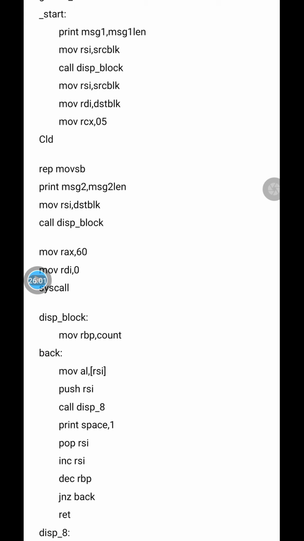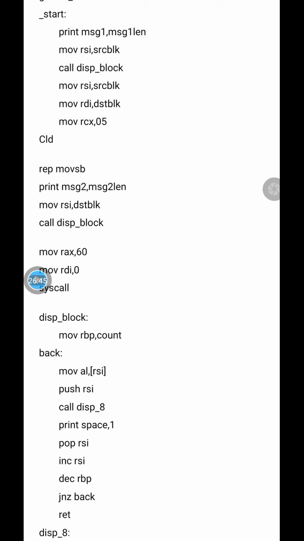And we have to write here the instruction MOVSB. MOVSB is a string instruction, so it will move the string byte from source block to destination block directly. So we don't have to write the instruction like move AL comma into bracket RSI, move into bracket RDI comma AL over here. Just you have to write the instruction MOVSB, and you have to write this prefix REP, repeat. It is a repeat prefix. So what happens, this particular instruction will transfer the contents of source block into destination block till the counter becomes 0.